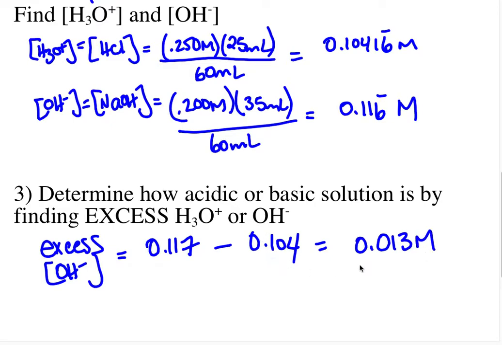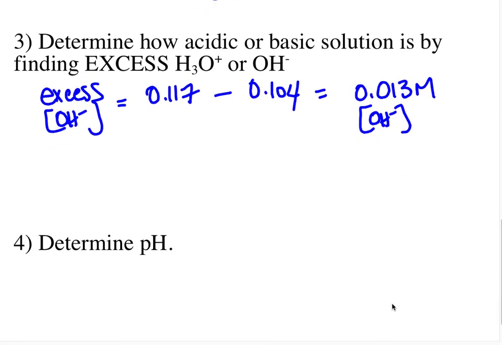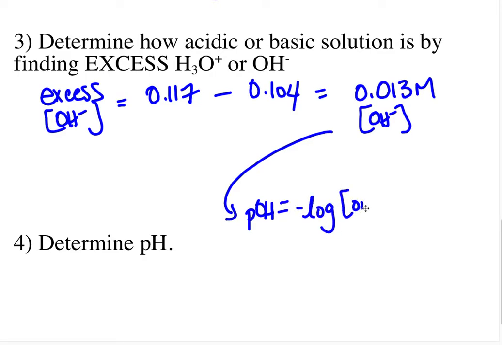That is going to be the concentration of OH minus that remains in the solution after we've mixed the two together. And that's what we can use to figure out the pH, which is our step 4, figure out the pH. Now, we have an OH concentration, so what I would do is first figure out a pOH. Remember, pOH is negative log of the OH concentration, so we can plug in the negative log of our 0.013 molar, and this gives us for a pOH